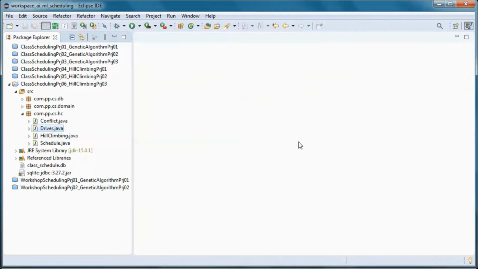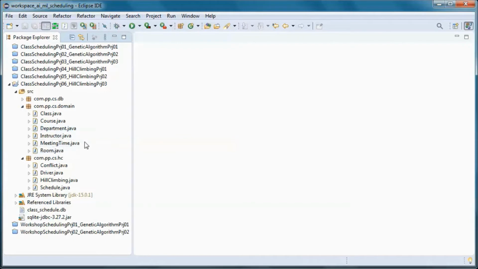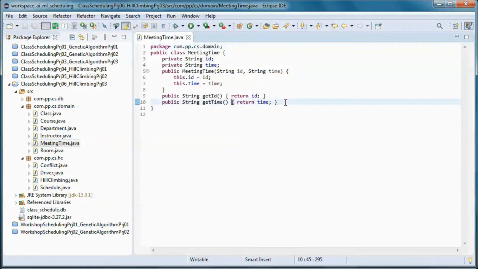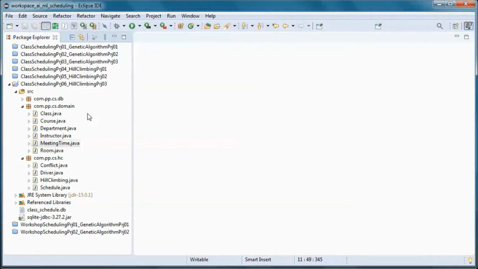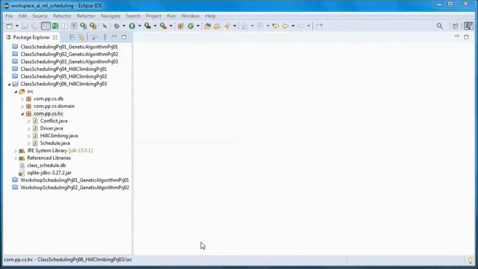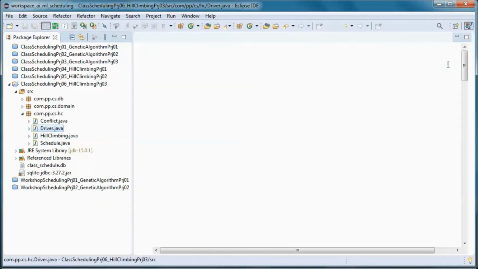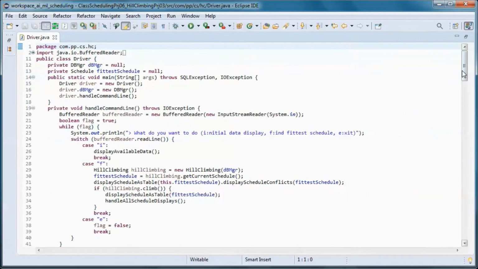And let's go here and add a toString method. And let's do one last thing.